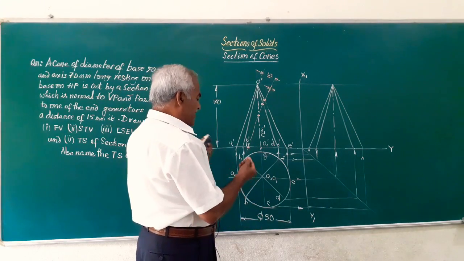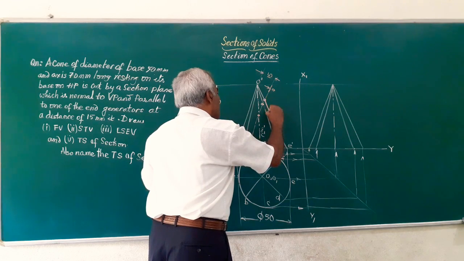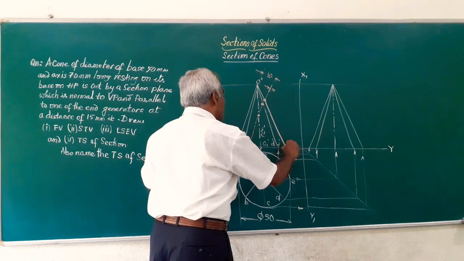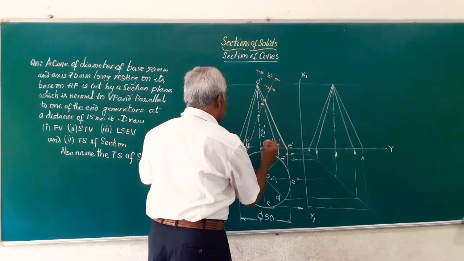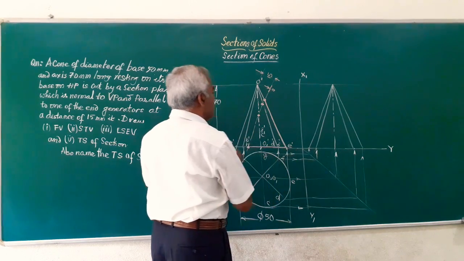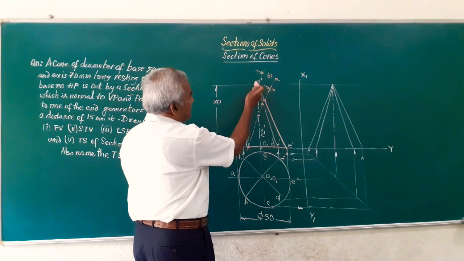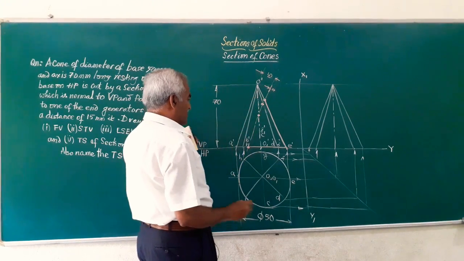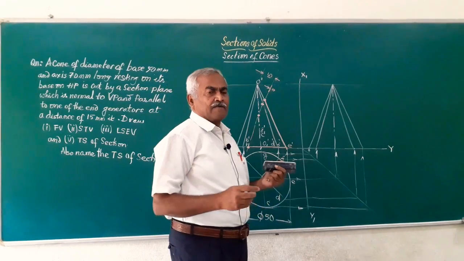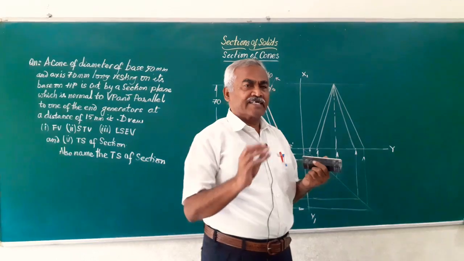So friends, let us mark the portion that is retained for the purpose of drawing the sectional views. So that part is retained. Similarly, this bottom portion of the solid is retained and this portion above, that is thrown out, including this part. This is thrown out. So friends, let me mark which are all the points where the section plane is cutting the solid.